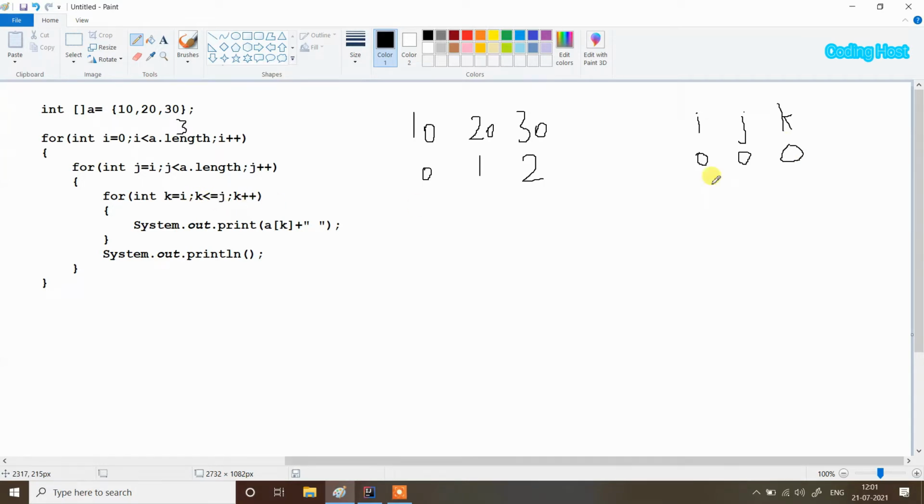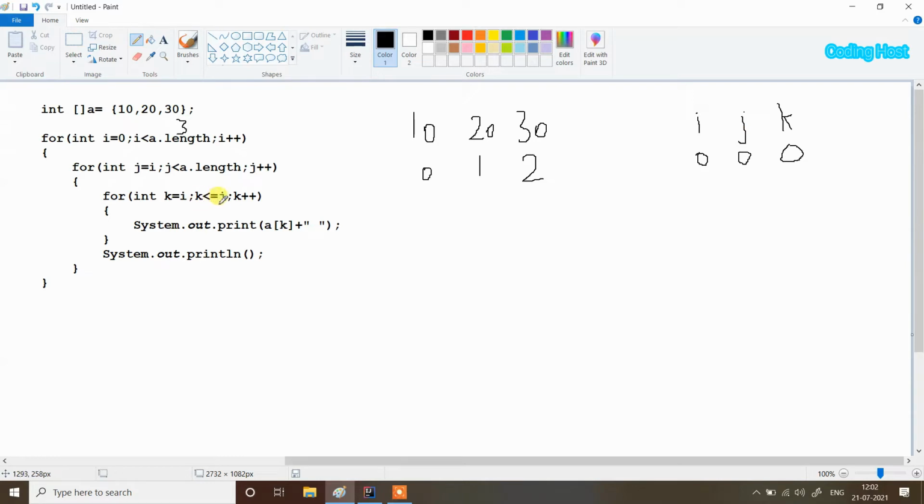What we are doing is taking these 2 variables i and j for array indexes, and using this k loop for printing the elements between these 2 index values. The k loop will start from index i and go up to index j, and it will print all the values from index i to index j.